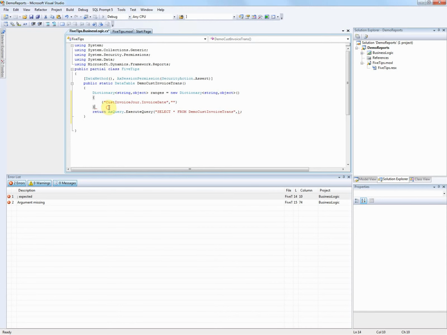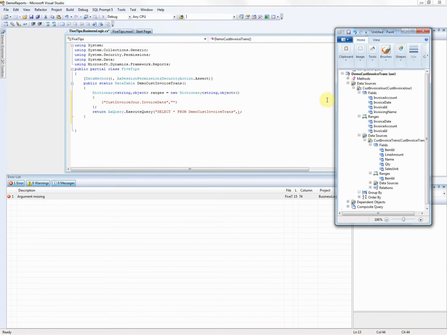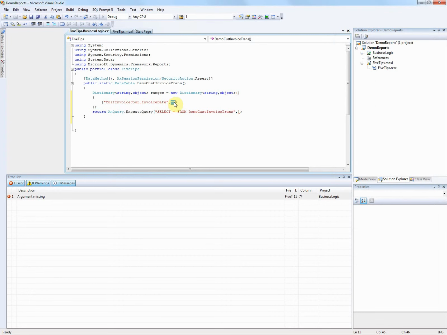Okay, so if you're not familiar with this syntax for populating a dictionary, you can define it. This is just instead of having to call a dot add method on ranges a bunch of different times. This just declares it all to begin with. Now, where this syntax here comes from is from the query we have, cust invoice jour dot invoice date. So what we're doing is we're saying that we want to put this query value into that